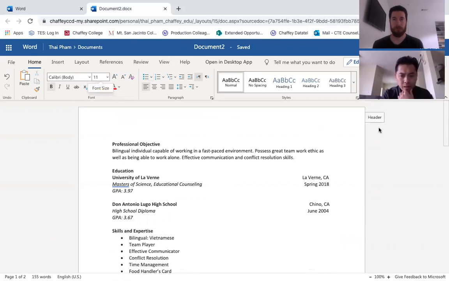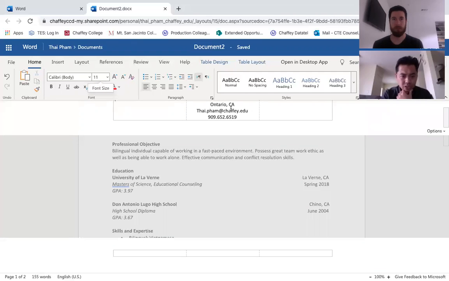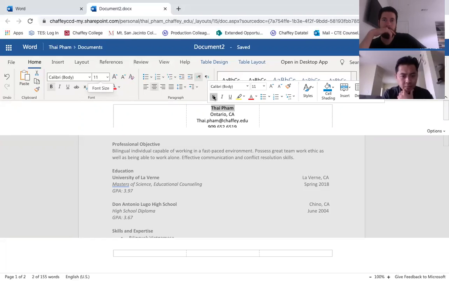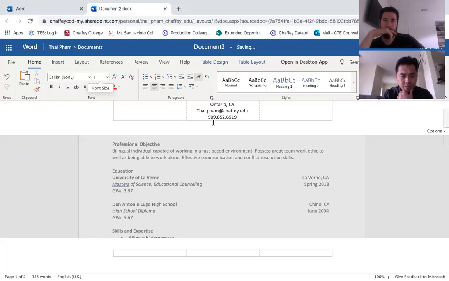And then I'm going to go back into my header and just adjust certain things. So I want my name to be bigger. I'm going to bold my name. And I wouldn't go any bigger than 16 font there. And then I'm going to put all of this onto one line. So what you can do is hit Shift and then the straight bar, wherever it is on your computer.